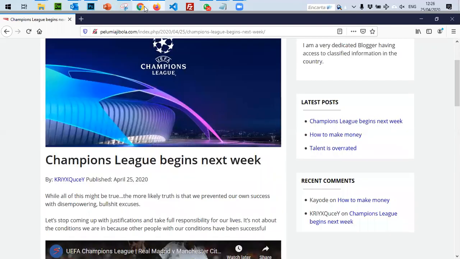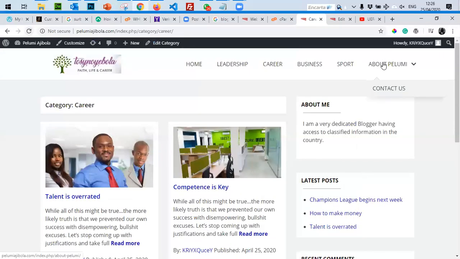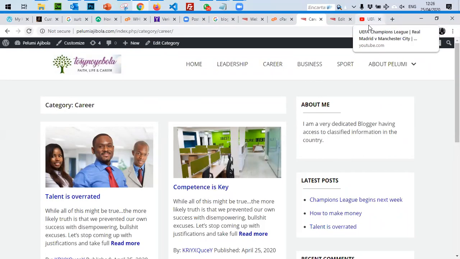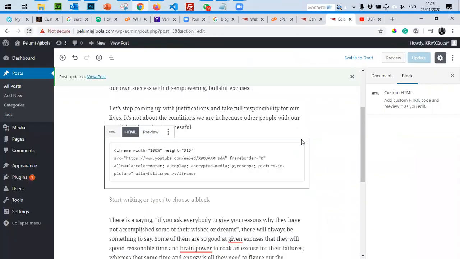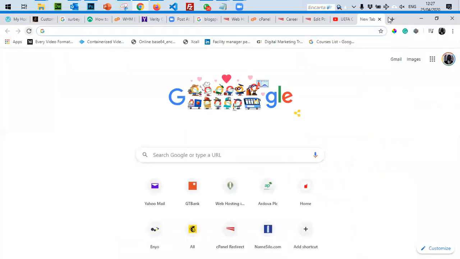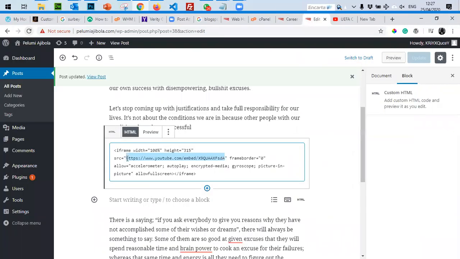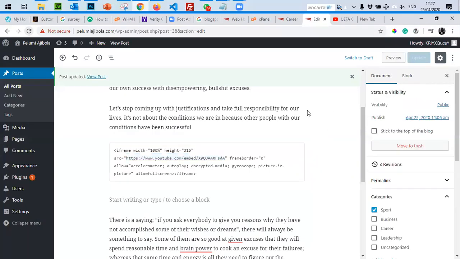So another way you can do this, if the video is not on YouTube and you probably have the video in some other link, you use the same approach. But this requires someone that understands HTML. The unique thing that is here is the access to the link. This SRC means that this is the video. So the video could have been any other video. I'll just keep replacing that source, which is what you're pulling out of the video.